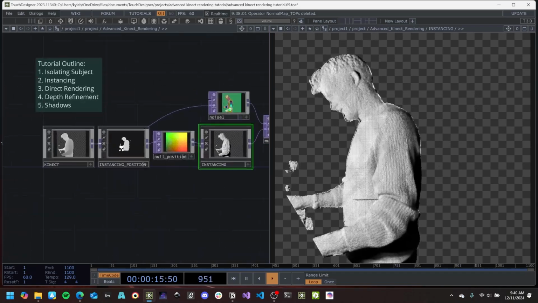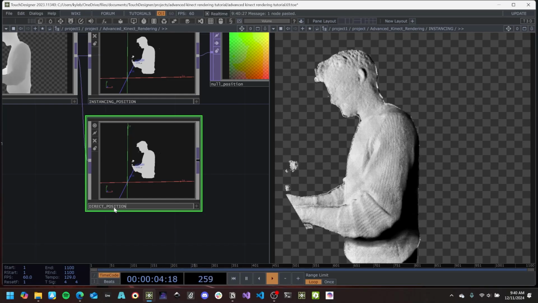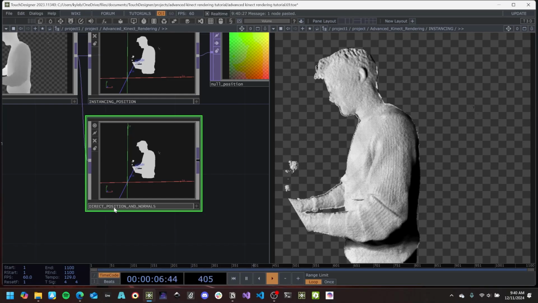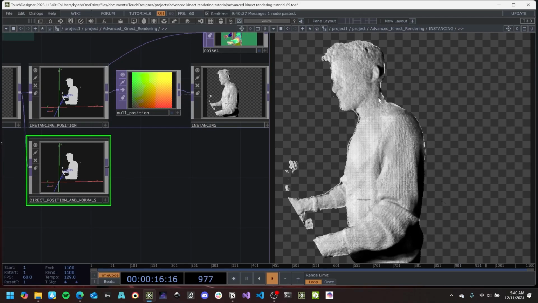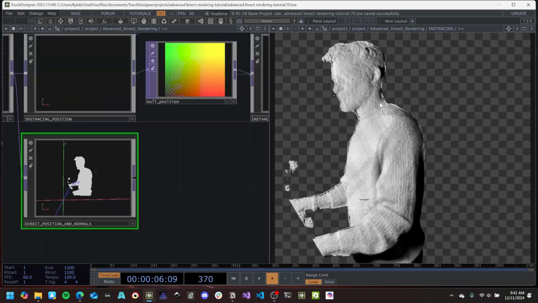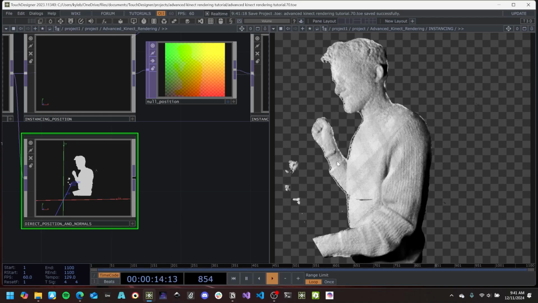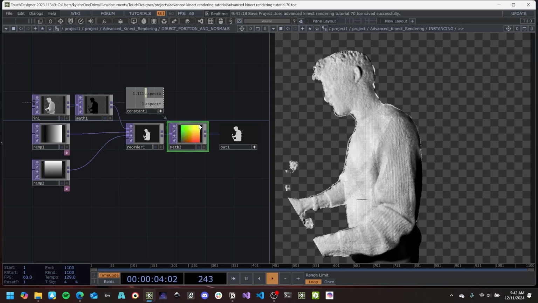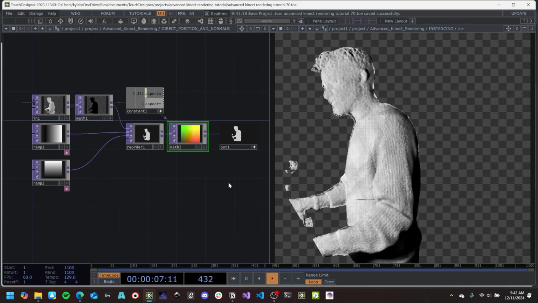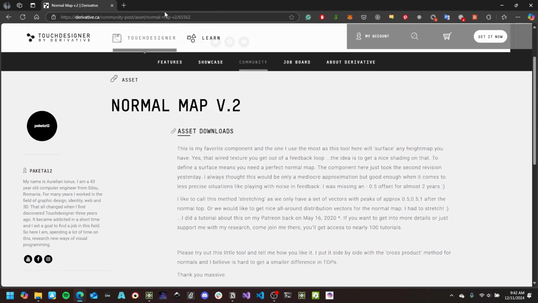So let's get into it. The first step here is I'm going to create a new base called direct position and normals. In order to shade a 3D object, for each pixel, you need position and the normal. The normal vector indicates how the pixel is oriented in space. And once you have position and normal, you can just use the normal lighting functions and it should look good. So what we need to do is calculate normals from the position data. In order to do that, I'm going to use this tool from Packeta 12. You can find it on the Derivative forum called